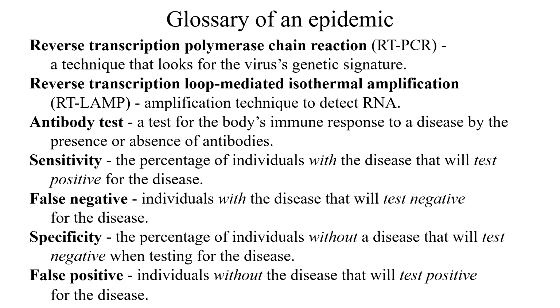Specificity is the percentage of individuals without the disease that will test negative when testing for the disease, meaning if you don't have the disease, what is the ability of the test to determine that you do not have the disease? Obviously, if you don't have the disease and the test comes back positive, we call this a false positive result, meaning individuals without the disease that will test positive. So for any test that you are going to use, find out what the sensitivity and specificity are. If a test has high sensitivity and specificity, it's very accurate. If it's low sensitivity or low specificity, in that case, obviously the accuracy is not going to be that great.